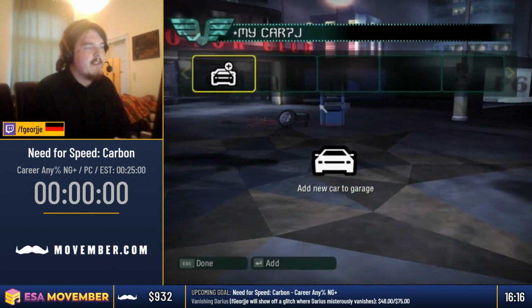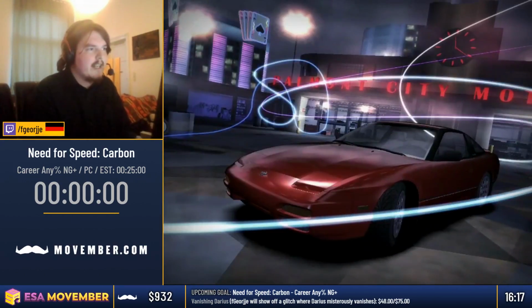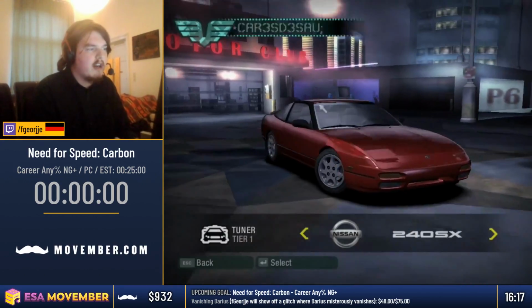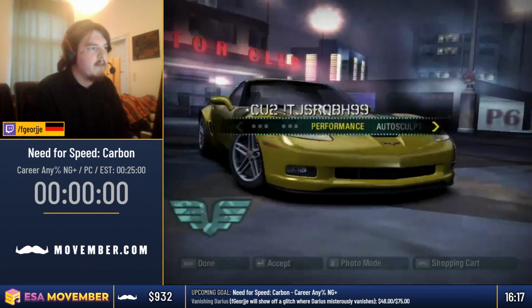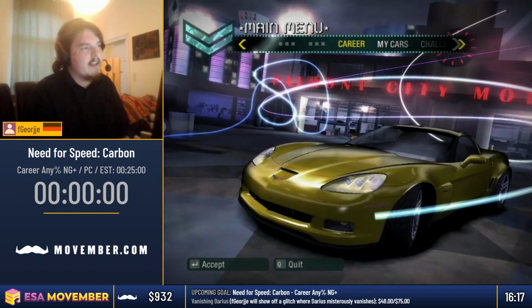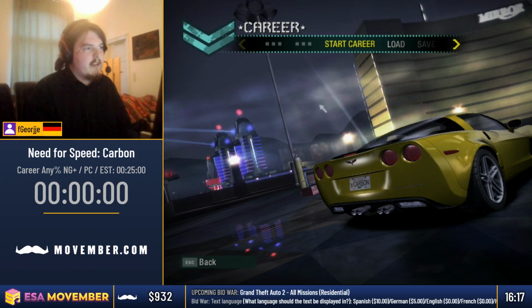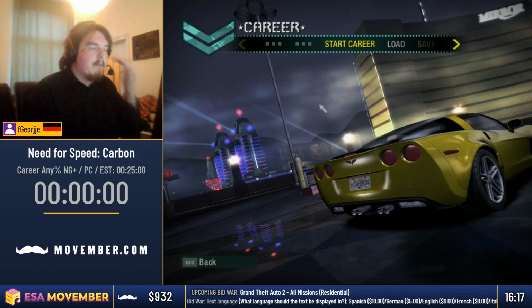So first things, I'm gonna show this off before I actually start the run. This save file has, the career hasn't started yet, but all cars are unlocked, all performance cars are unlocked. I'm just gonna showcase this quickly. Everything's unlocked. This will come into effect later. But before I press this magical button called Start Career, which actually is the New Game Plus definition for this